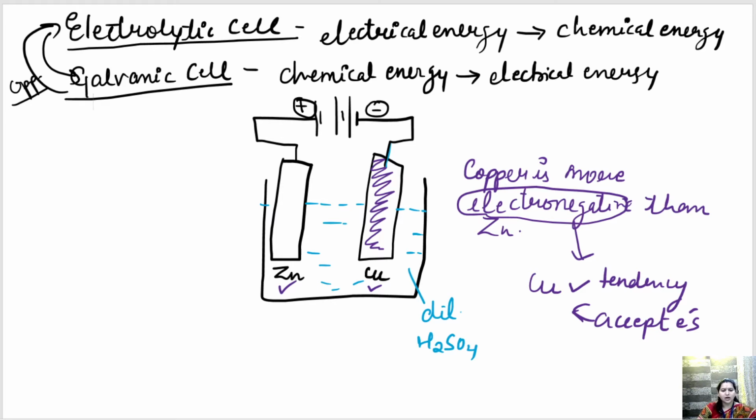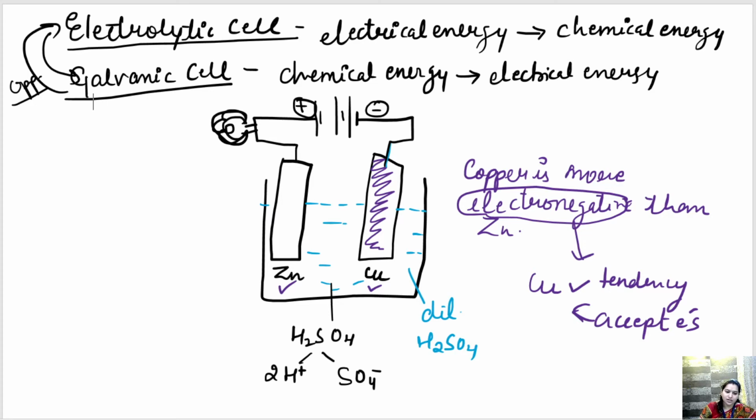Okay. Now what is going to happen? We are also using a bulb here. So this is a bulb. So now what is going to happen? As the circuit is complete, in the solution we have sulfuric acid, that is H2SO4. So it will get dissociated into 2H plus and SO4 minus. Getting it?